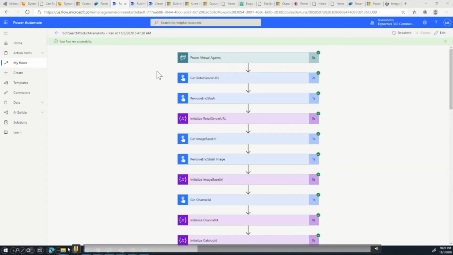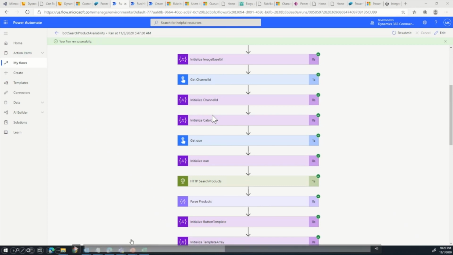Let's look quickly at how this particular one works. One of the first things is there's a pre-built trigger. This is a Power Virtual Agent node, and it has a set of inputs that you provide. And this is an example of how we are calling the headless commerce API or retail server API. So basically you get the input, you get the environment variable for your UI environment with retail server URLs and everything. And then as I go further, you can see first we make an HTTP